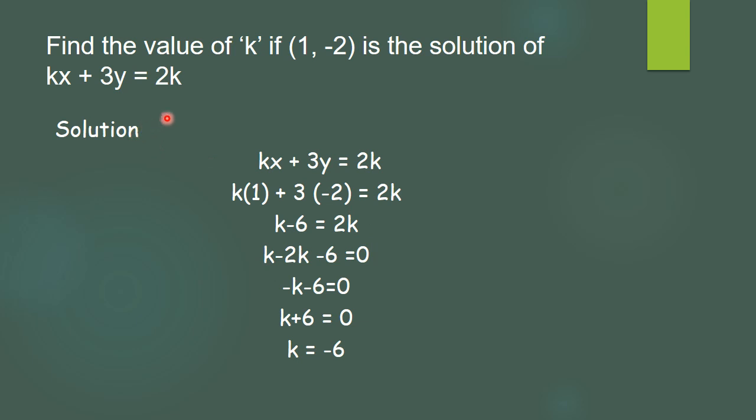So they have asked to find the value of k. k becomes minus 6, and if we replace k with minus 6, then only this will be the solution of the equation. Question number 4 is also given, but the equation is different and the point is different. I have just explained the method, and I hope you have understood it and can solve the complete exercise, that is 4.2. Immediately start solving it.